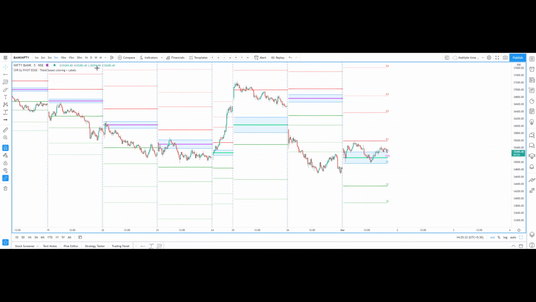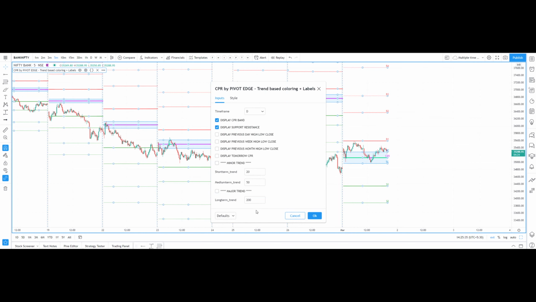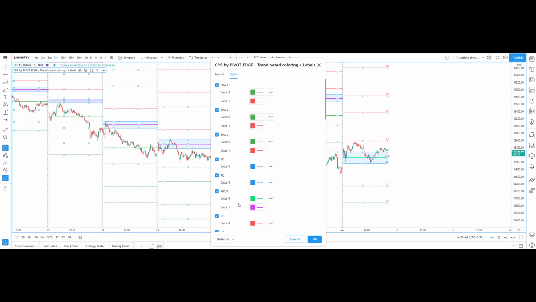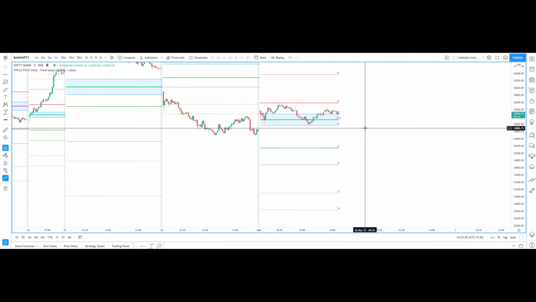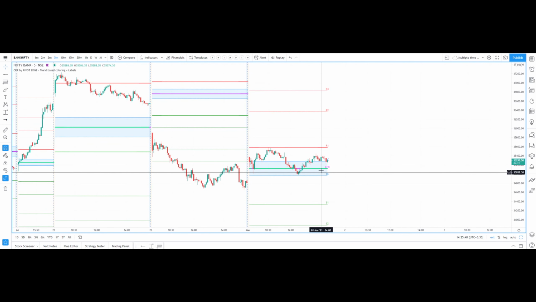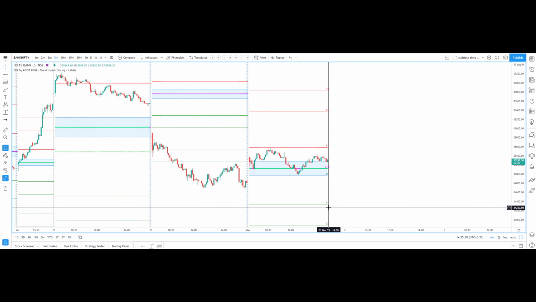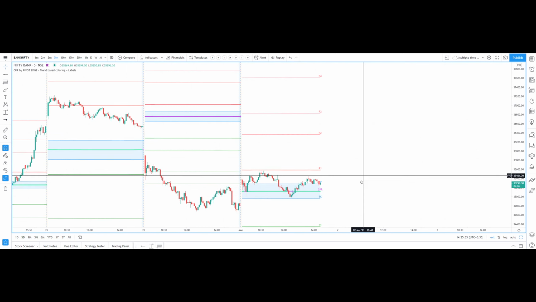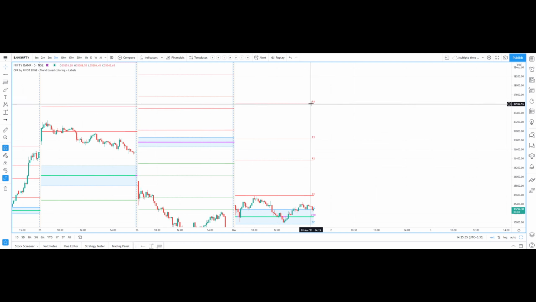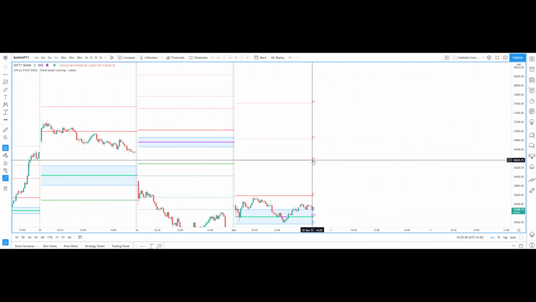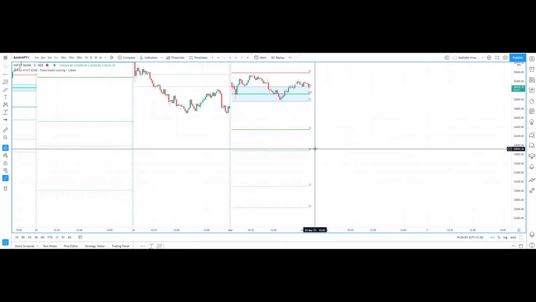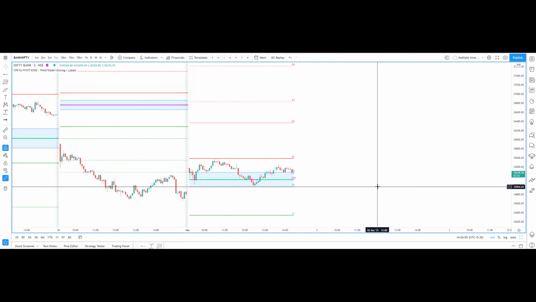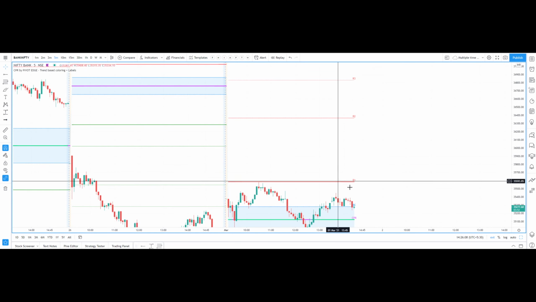Okay, now we have seen the complete features of this. And here if you go to style, you can modify the colors. By default I have given some color coding: the pivot band, and R1 and S1 I have kept a little bit bolder. R2, R3 is a little bit less, the line thickness is less. R3, R4 it is still lesser. Similarly for S1, S2, S3. And additionally I have also given the labels for easy identification.